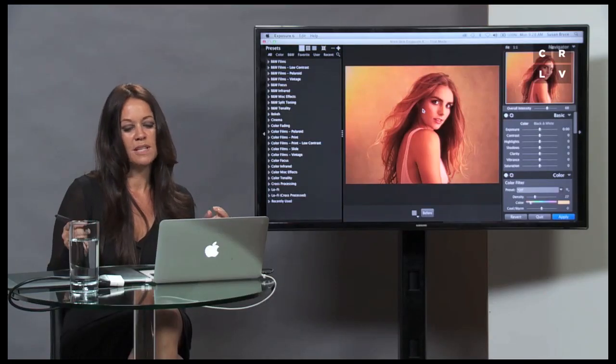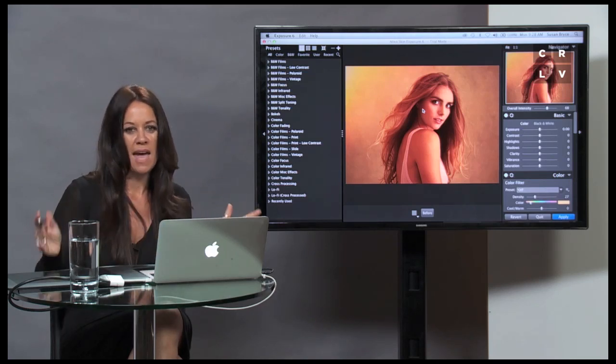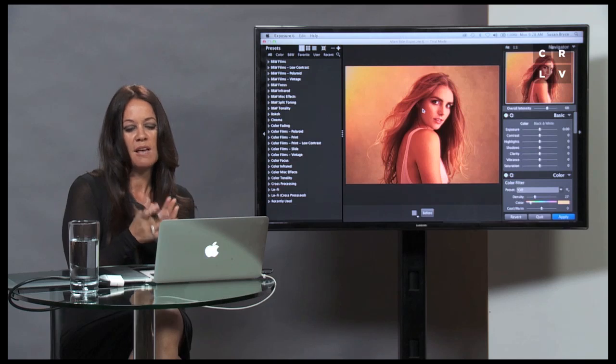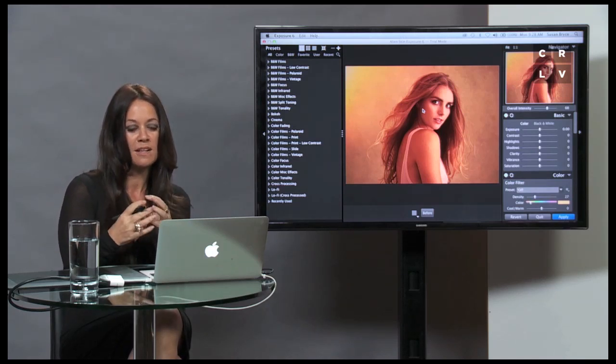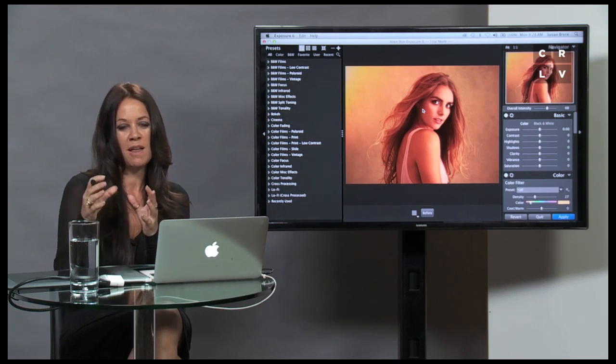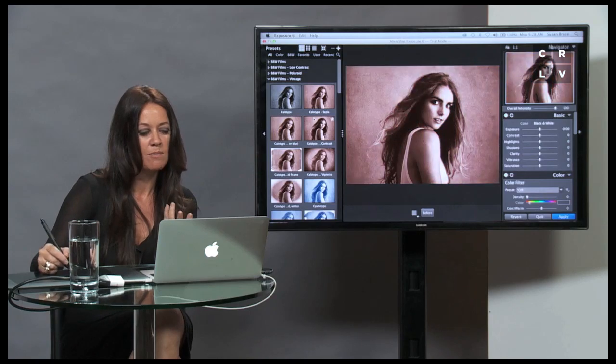I want to process each one of my individual portraits. I don't want to just give it a batch process. I want to work every one of my images so that every one of my images has a beautiful personal feel, that every one of them has been manufactured to look a certain way. I want to choose which of my images look good in black and white.